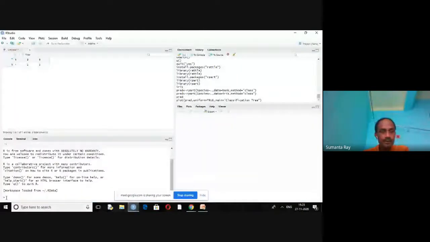There are so many techniques to import a CSV file. That is the first technique. Suppose you want to store the file in a particular variable, that is X. So that is the command.